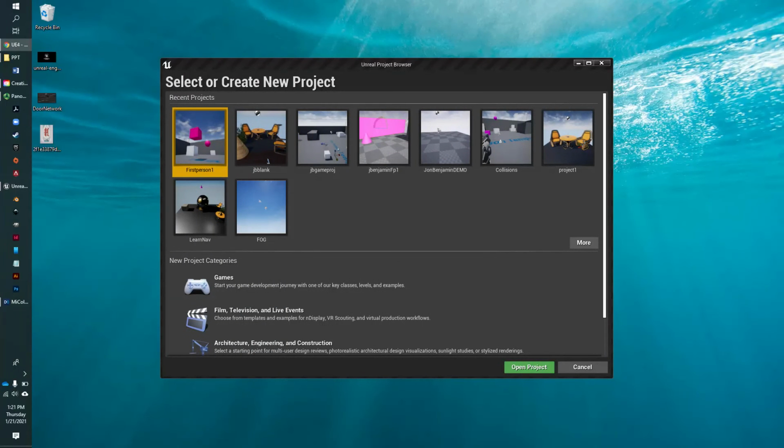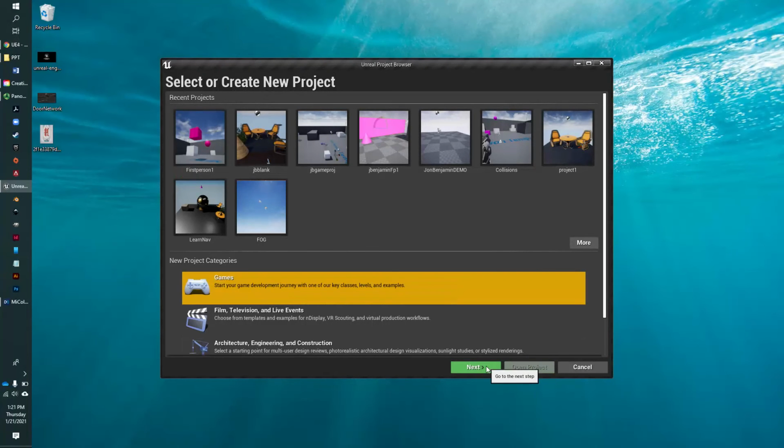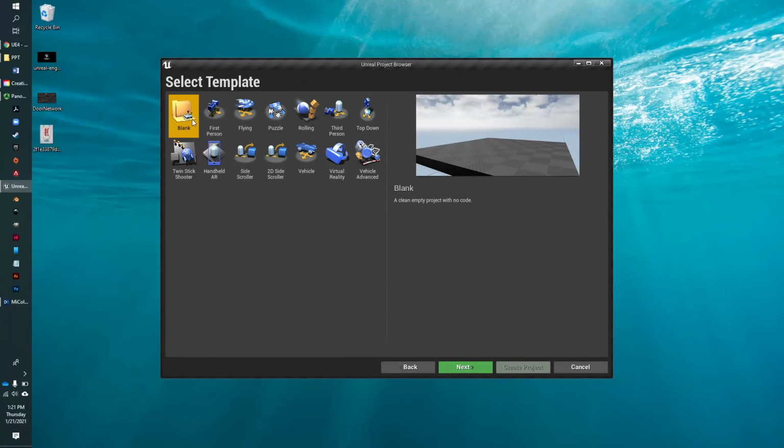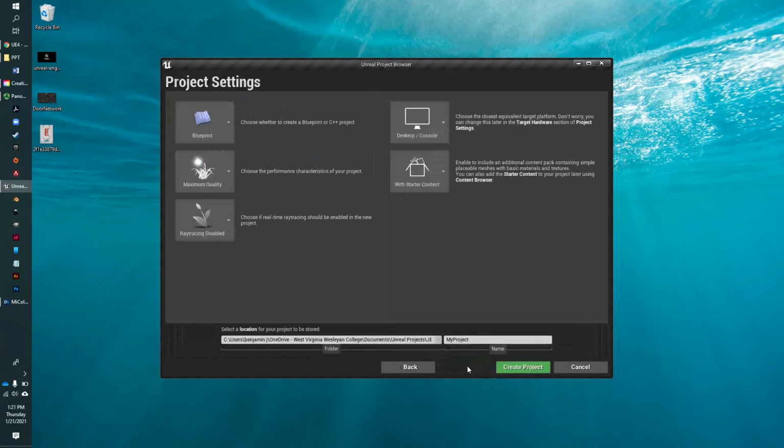So today we're going to go over geometry brushes and meshes. All right, so what I'd like you to do is go ahead and create a new project. We'll create a game, say next, and we're going to create a blank project, so say next. And make sure that you're saving to your proper folder, and let's just call this